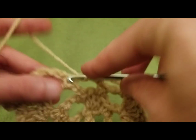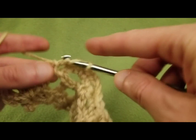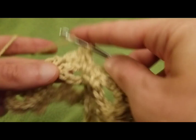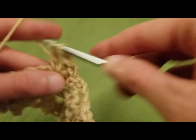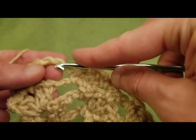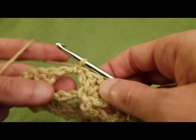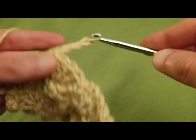All right, so I got my 3 doubles. Quite frankly, I don't actually watch any quote-unquote normal television these days. All right, so 3 doubles, single crochet into that chain 4 space, chain 4,